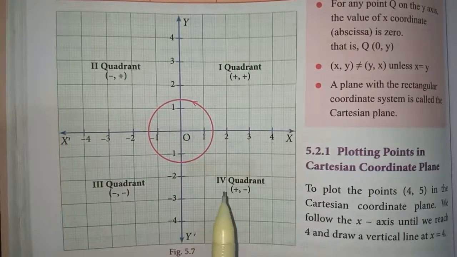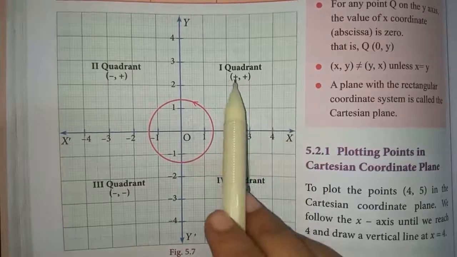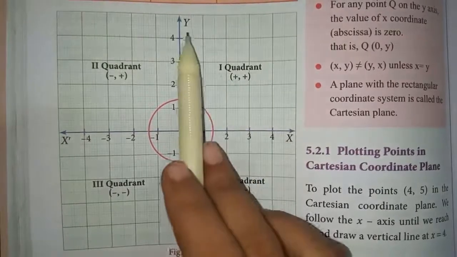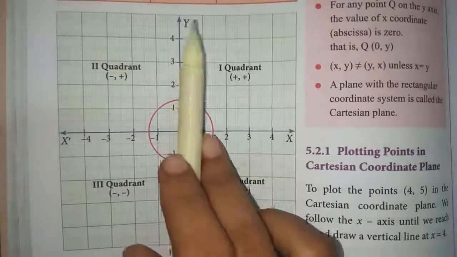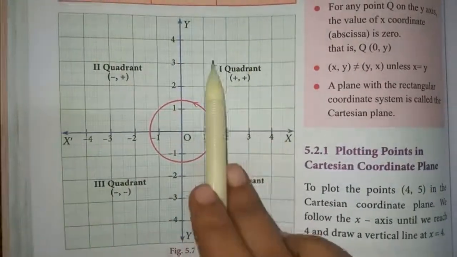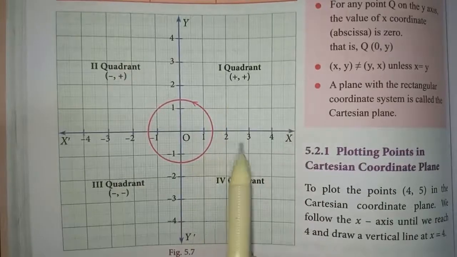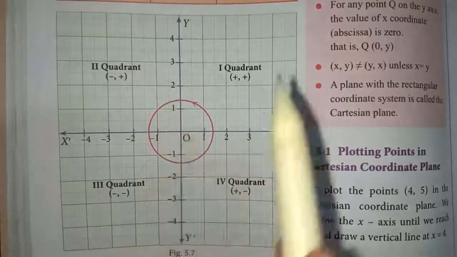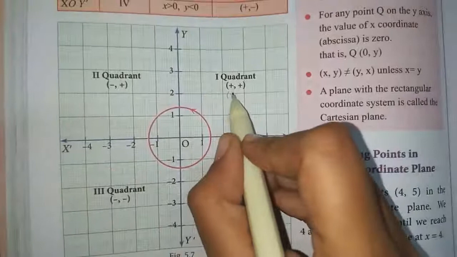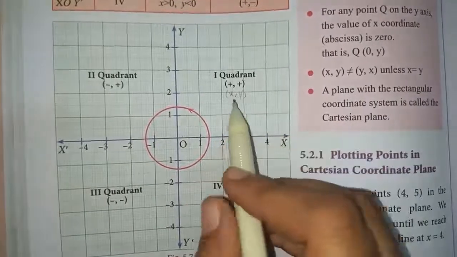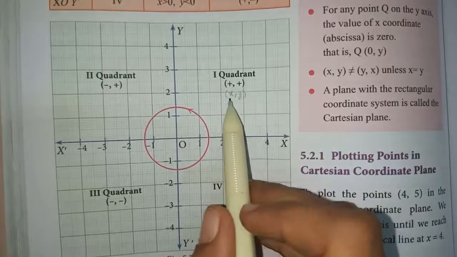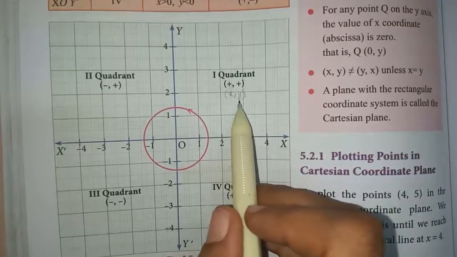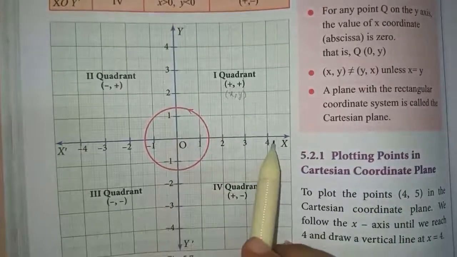So now we have to segregate the quadrant. So let us see the first quadrant. So here x and y, that is x o y, represent the first quadrant. In this quadrant both x and y are positive integers. So this is nothing but x comma y, that is the ordered pair. Both ordered pair are positive, that is x value is a positive integer and y is also a positive integer.